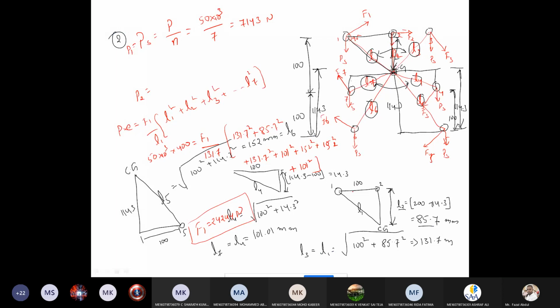F1 value we calculated. Now we need to calculate F2, F3, F4, F5, F6, F7. See the diagram. These values we can calculate by using the following relations. F2 means F1 into L2 by L1. F3, the relation is